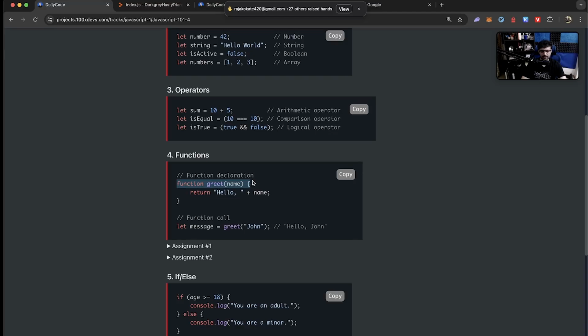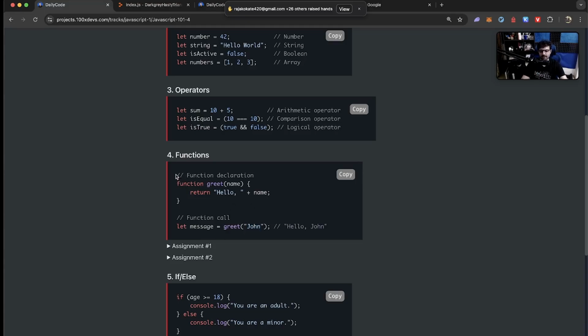A function, as the name suggests, lets you define a function, which means, okay, bhai, you are supposed to do something. Please do the thing I'm telling you to do. And then I will use you many times. It is like you have created a worker of your own, a helper of your own. कि भाई तू ये काम करेगा. You are supposed to do this thing. And then you just keep calling that helper again and again. कि भाई greet कर. Go and greet John. Then go and greet Harkirat, let's say.